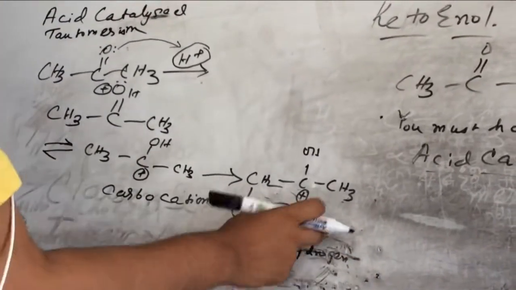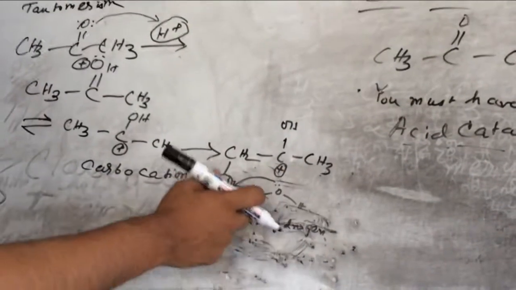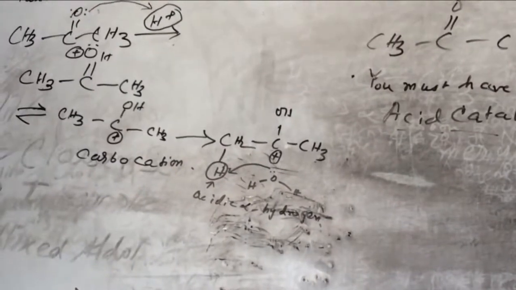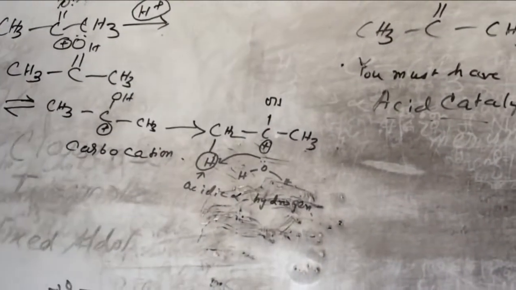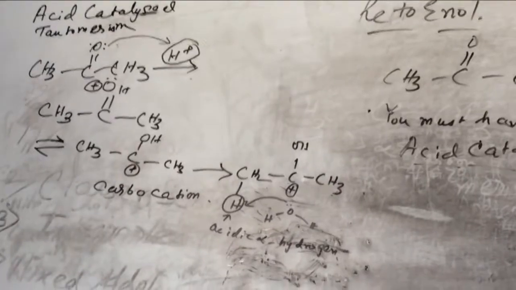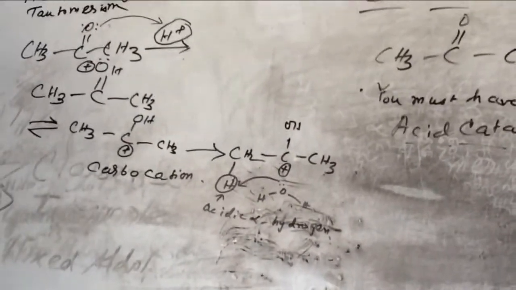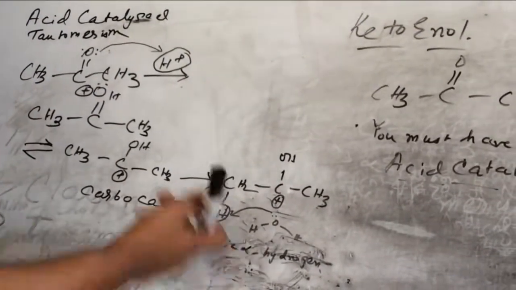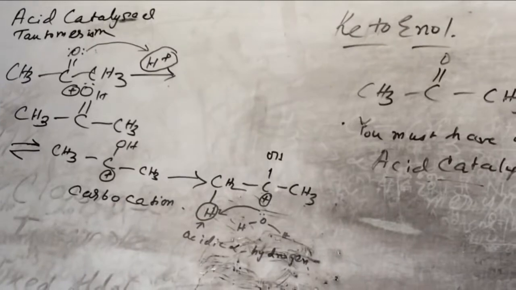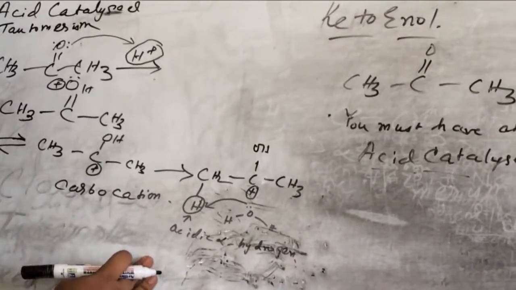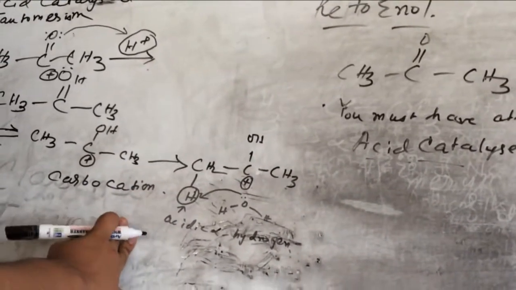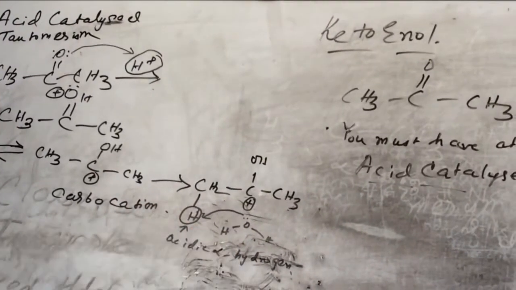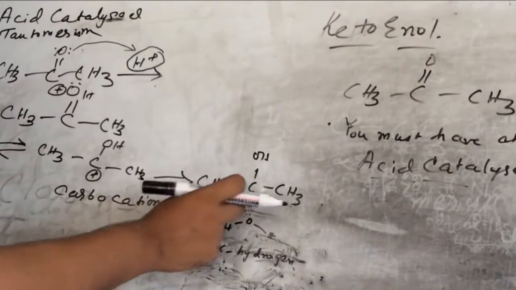But we must note one thing: water is a weak base, so how can it just take away this acidic alpha hydrogen? So what is the factor behind this? The factor is actually hyperconjugation, which we have not discussed yet. We will discuss later, as I have told on the previous lecture, that after isomerism I will get into hyperconjugation and the factors affecting a chemical reaction. So it is the hyperconjugation which is the compelling factor here.